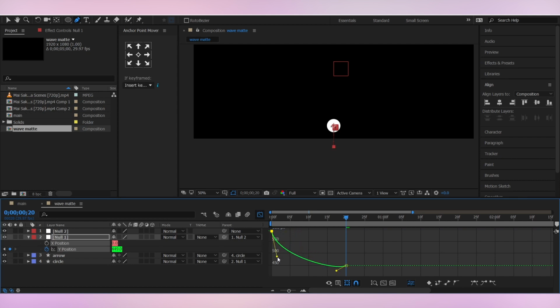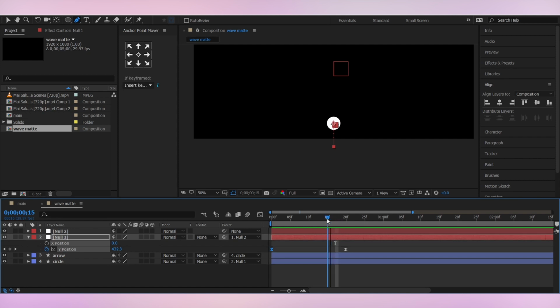Drag this below the axis so it creates a nice overshoot effect. Okay, so I think the animation is very slow. Bring them closer to each other.